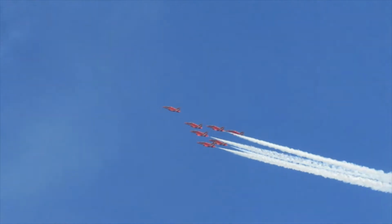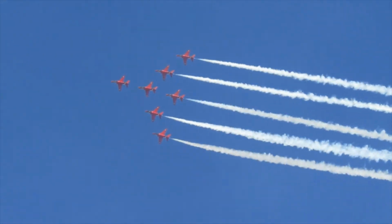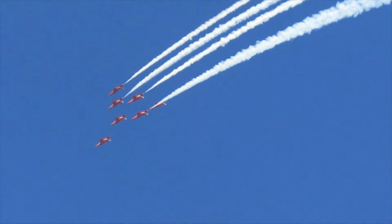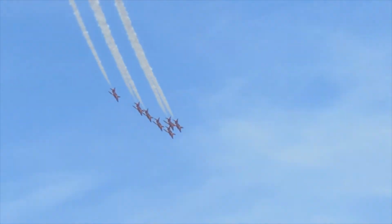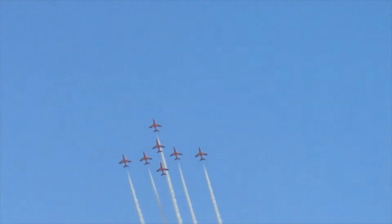As the formation rolls to the left, to the right hand side closest in is Red 2, Flight Lieutenant Stu Roberts. He's in his first year on the team, having previously flown Typhoon with 11 and 12 squadrons at RAF Coningsby. His opposite number on the left-hand side closest in is Red 3, Flight Lieutenant Patrick Kershaw, known as Paddy. Paddy is a former